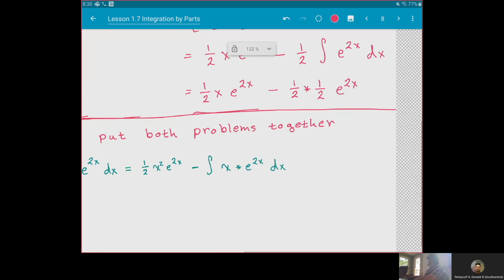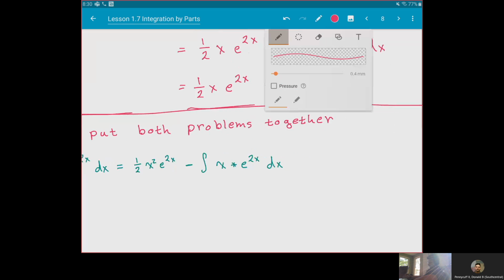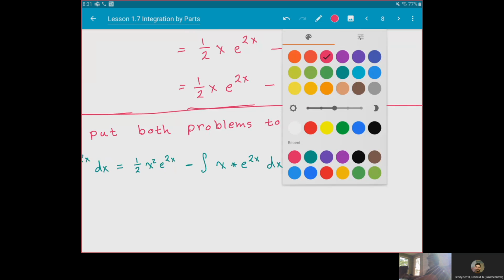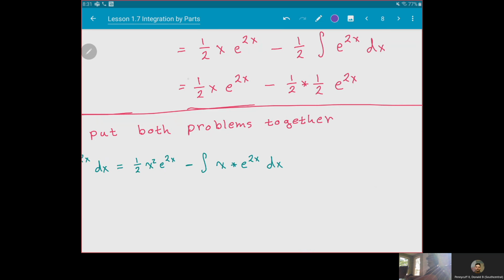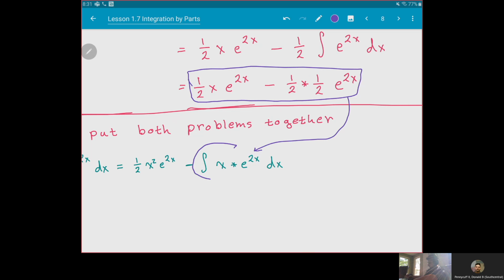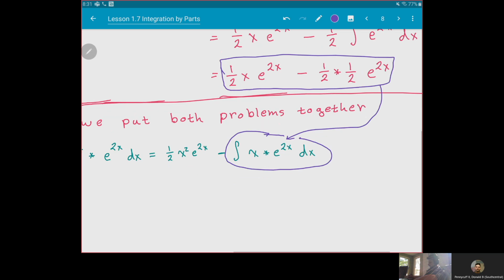And so what's going to happen is this stuff right here comes down to this. We have just found that part. So this is equal to